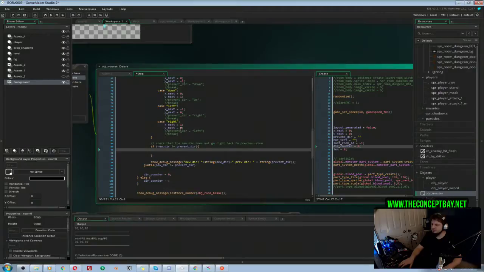Yeah, because we would reset the variable as soon as we create a new direction. That's why that wouldn't work. So if it's not the opposite of the previous direction, then we